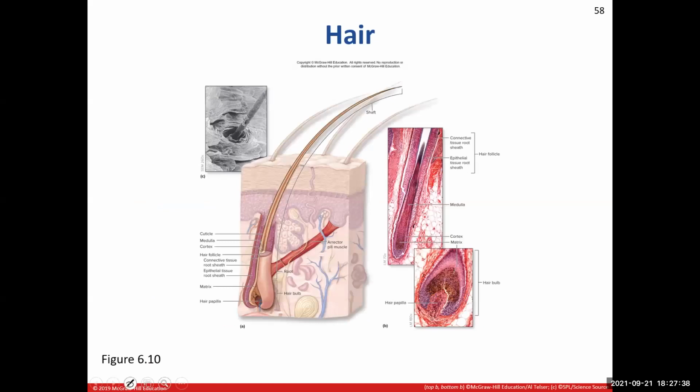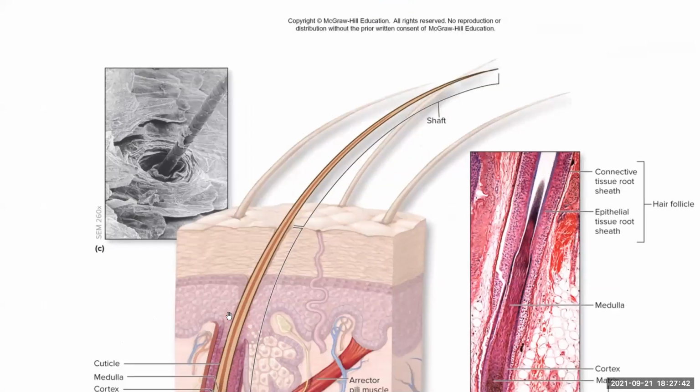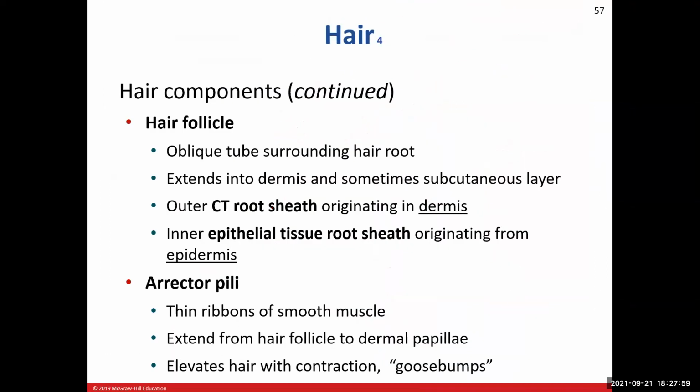So if you look here at this picture, you zoom in, you can see this brown structure at the center of the hair, that's the medulla. Surrounding that tan region is going to be the cortex, and this dark brown that covers the whole exterior of the hair, that's going to be the cuticle. Two other parts that are going to be associated with our hair is the hair follicle